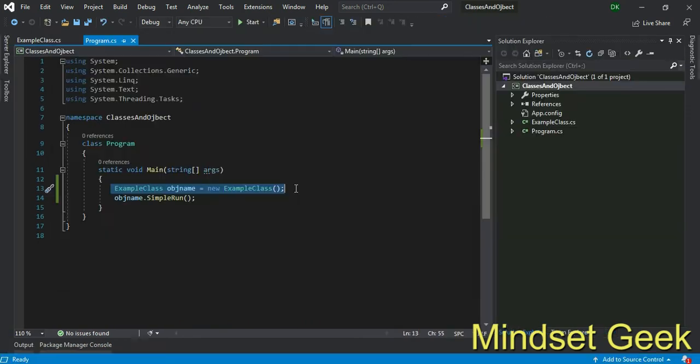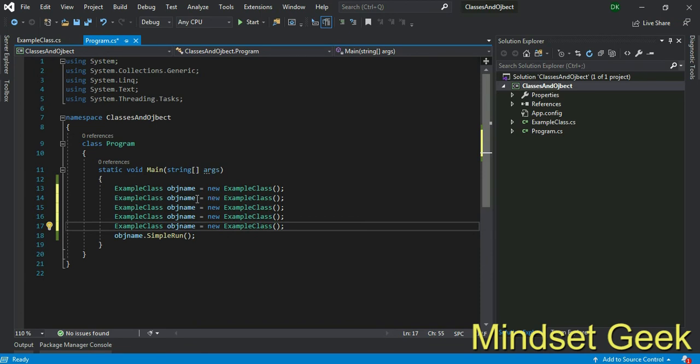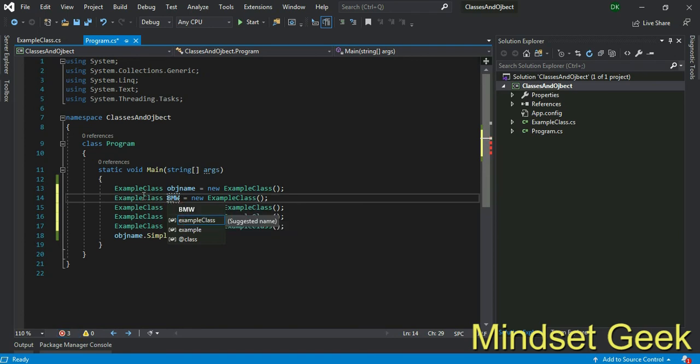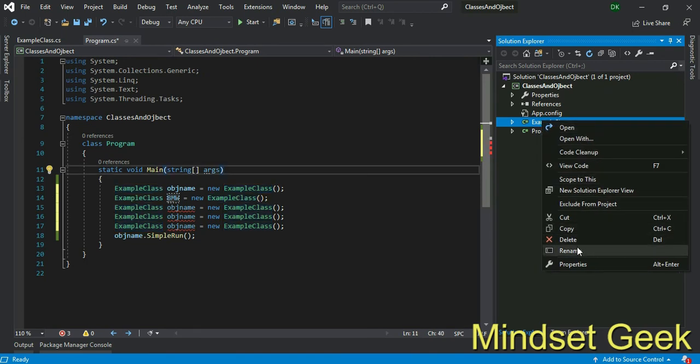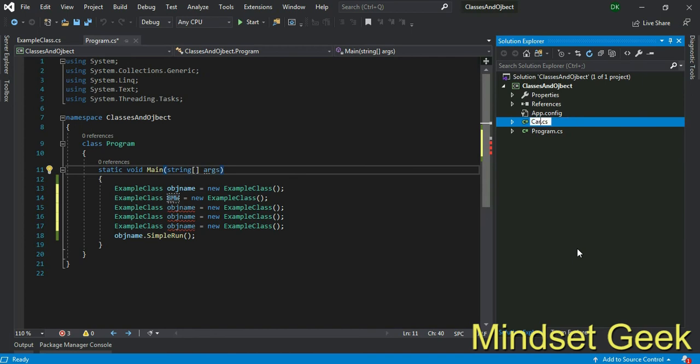You must create the object, right? In one class you can create many objects. Think about this. This is your car class. This object will be a different car model. It will be a BMW or whatever. You can create many objects, right? This car is this class. This is the car class.